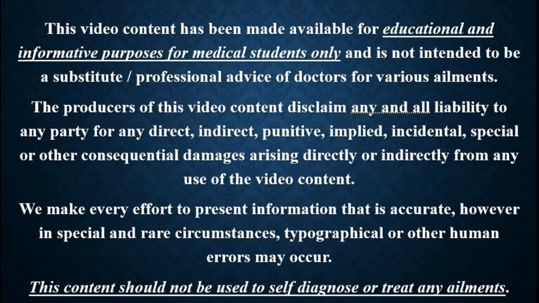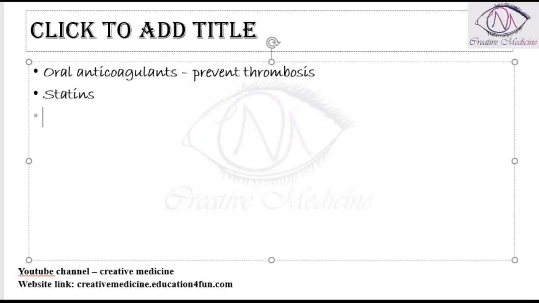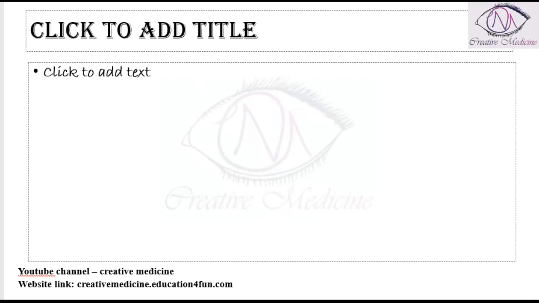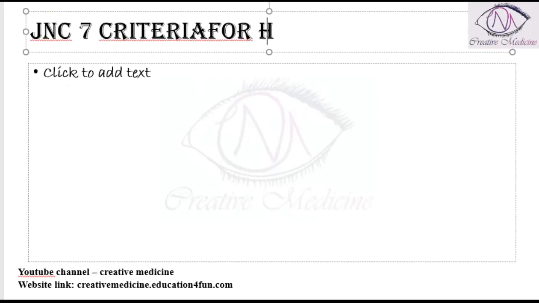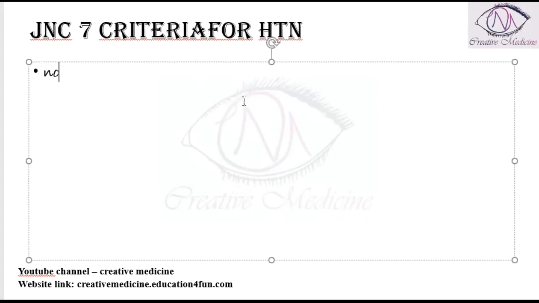In this lecture, we will learn about the JNC 7 criteria for hypertension. A person is said to have normal blood pressure if it is less than 120 by 80 millimeters of Hg. A person is said to have pre-hypertension if the blood pressure of the individual is between 120